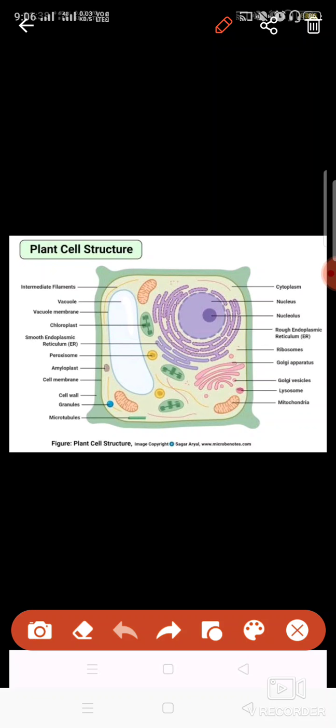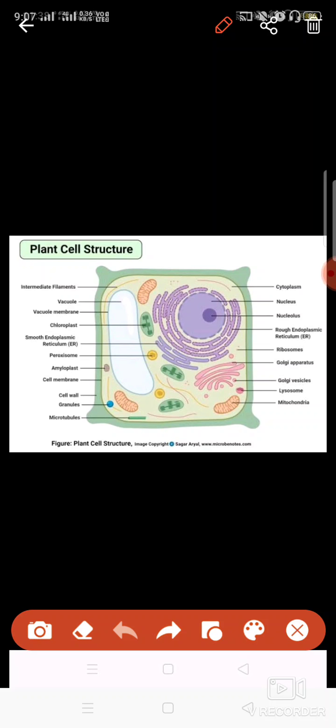Then you will find here that some structures are different. See, the vacuole, this vacuole is basically larger in size, and in plant cells vacuoles range from 1 to 2. These are large, so these can store a large amount of water and minerals. Okay, so due to the large vacuoles, you will see one more difference appear here, that in plant cell the nucleus is shifted towards the side of the cell. You will never find it in center.